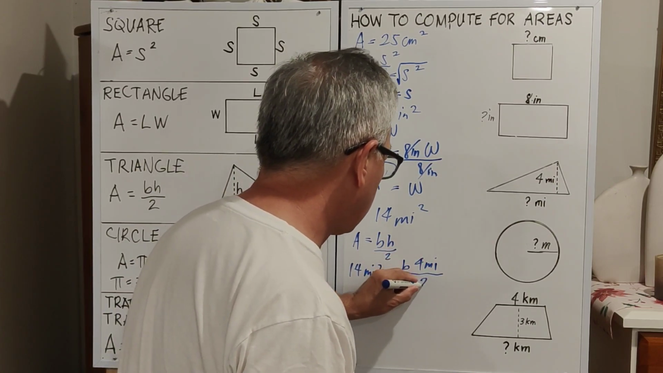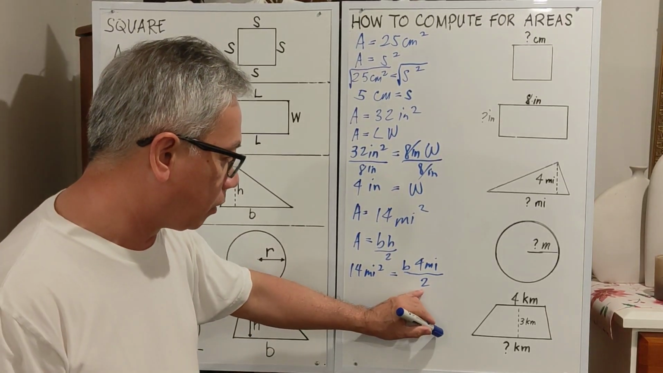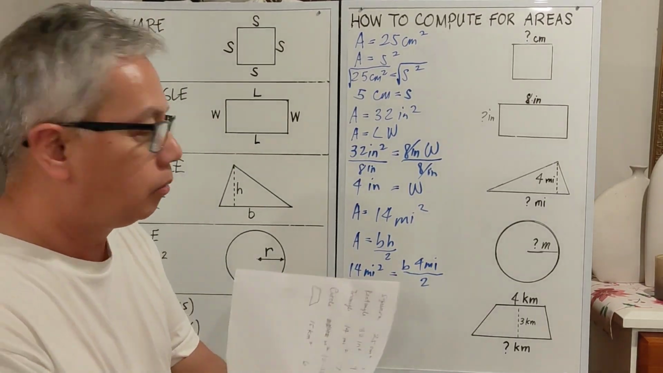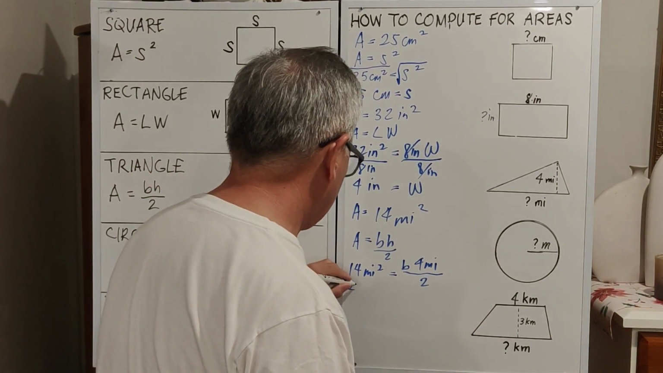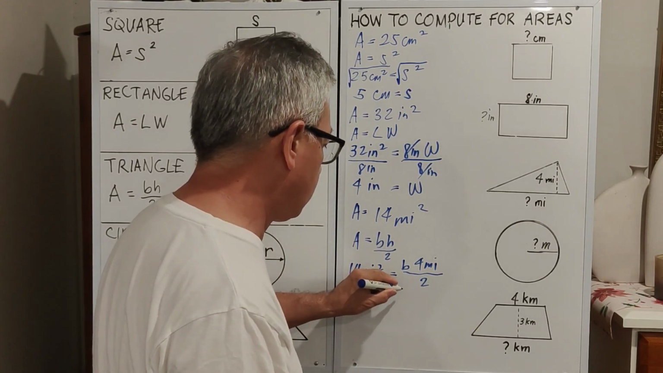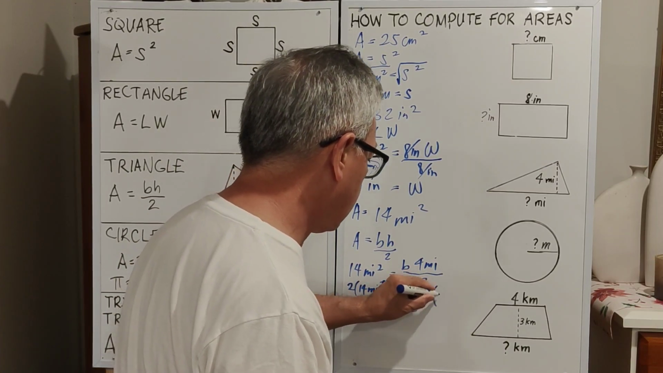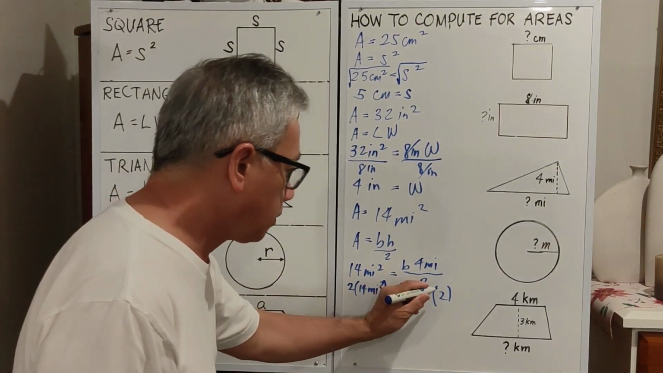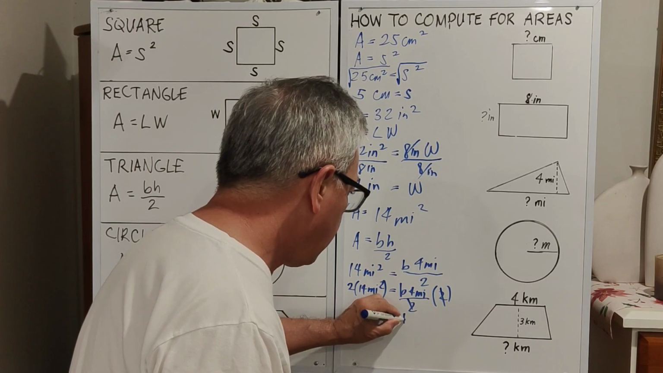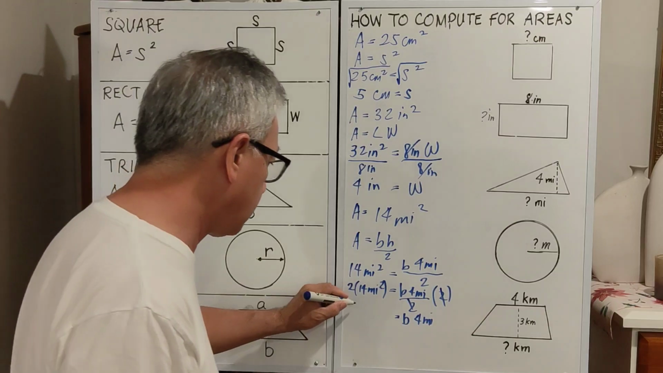divided by 2. So first we need to remove the denominator 2 from B. So we need to multiply both sides by 2. So this is 2 times 14 miles squared is equal to B times 4 miles over 2, times 2. This will cancel out and what's left is B and 4 miles. So 2 times 14 is 28